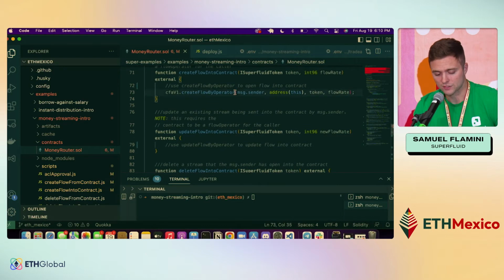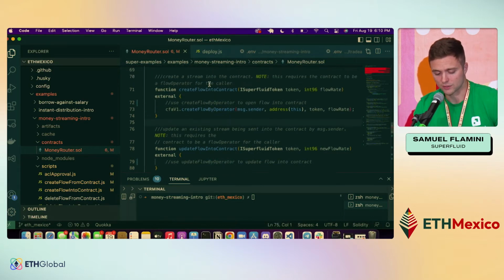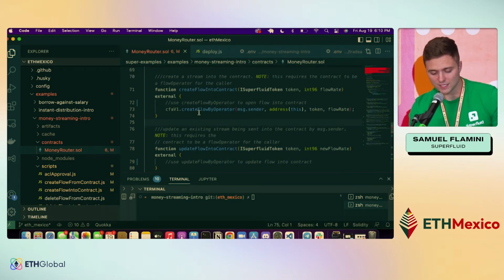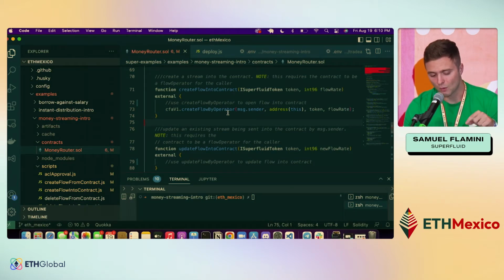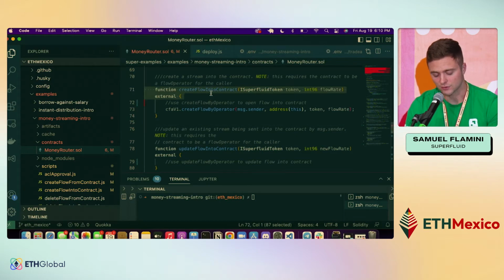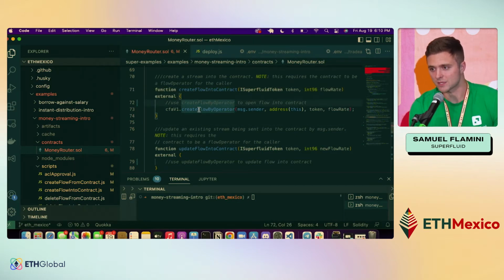The reason we have to use this by operator bit in the create flow into contract function is that once I create a stream into the contract, if I were to pass in message.sender, that's not going to work. Even though I'm calling this function on the contract, the actual message.sender on that function call is going to be the contract itself.